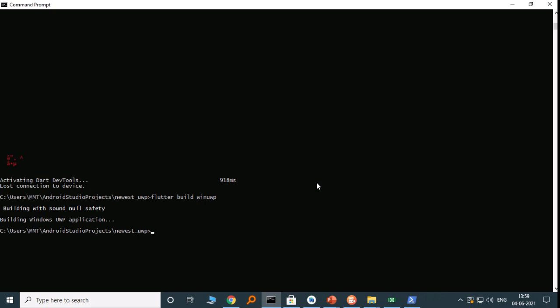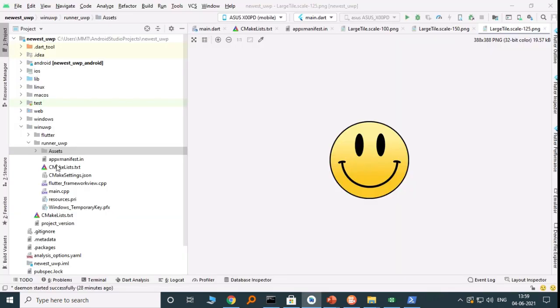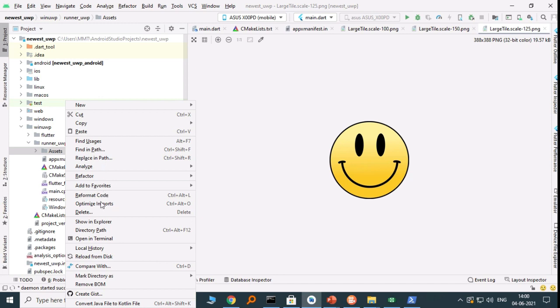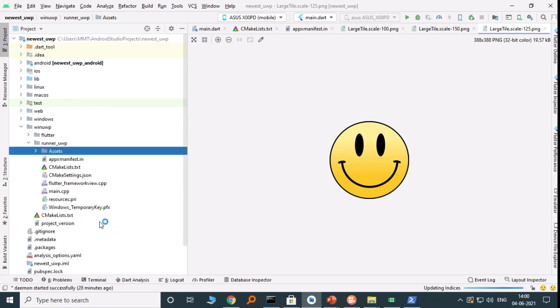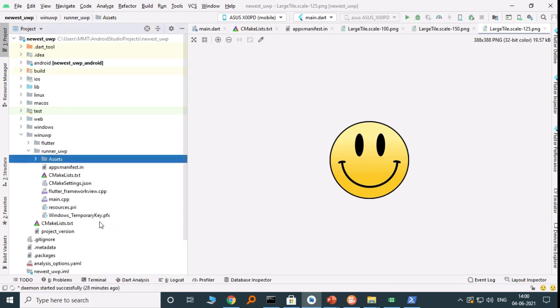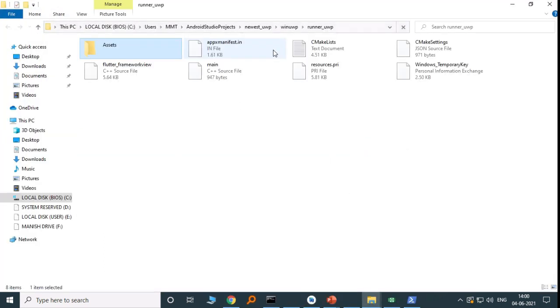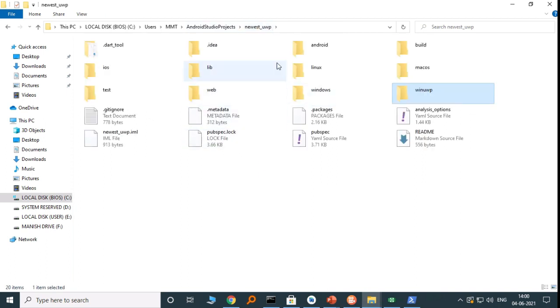So where are we going to get that build release package from? We need to open Android Studio, or open the project directory. So I am right clicking on it and opening it in Explorer. Here I can see that I have opened the project folder, and my project folder name is newest_UWP.